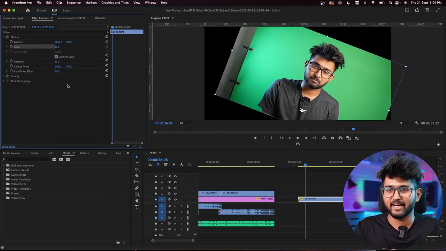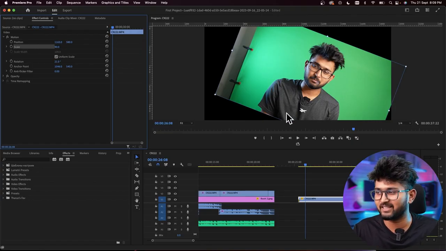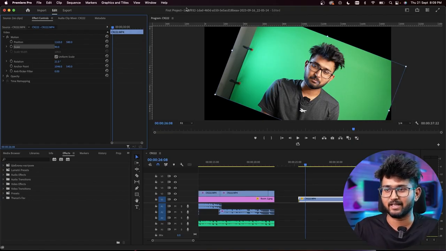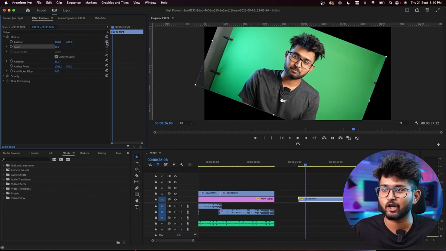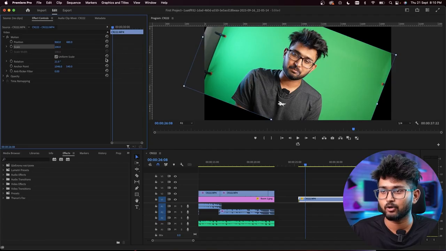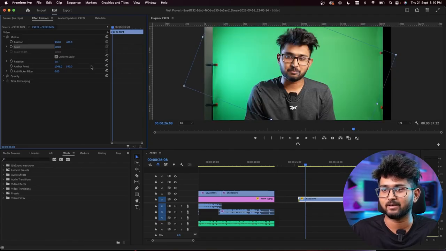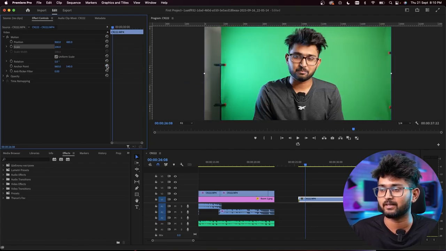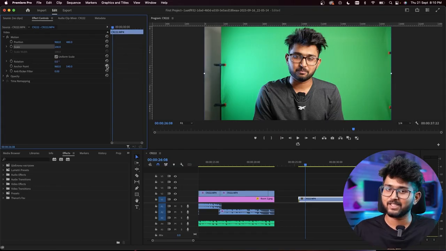But this looks weird, right? I just want the initial image to happen, I don't want this. Now you see this is like a deflected thing, right? Let's get it back to normal. Okay? You don't need to manually go here and recorrect it. You see this symbol over here, which is reset parameter. You just click on it and it resets back to normal. Now let me go to scale, reset parameter. Let me go to rotation, reset parameter. Let me go to anchor point, reset parameter. Back. समझ गया? Got it?